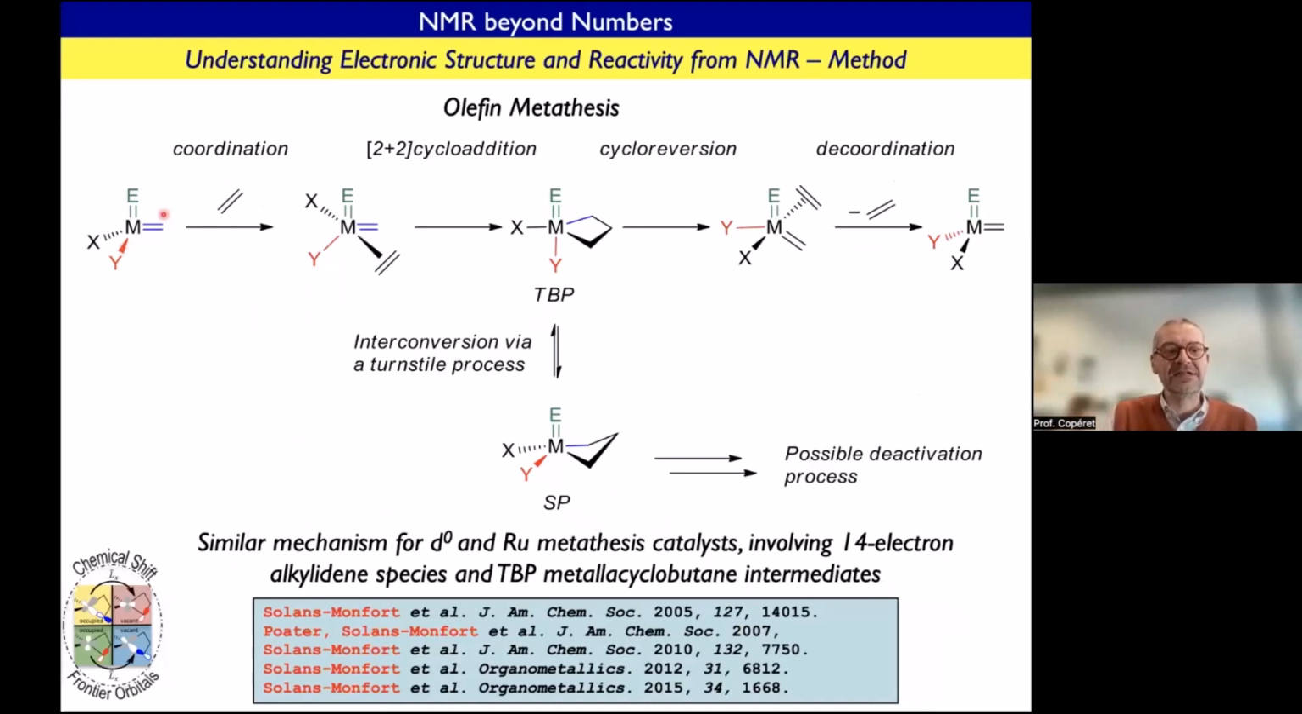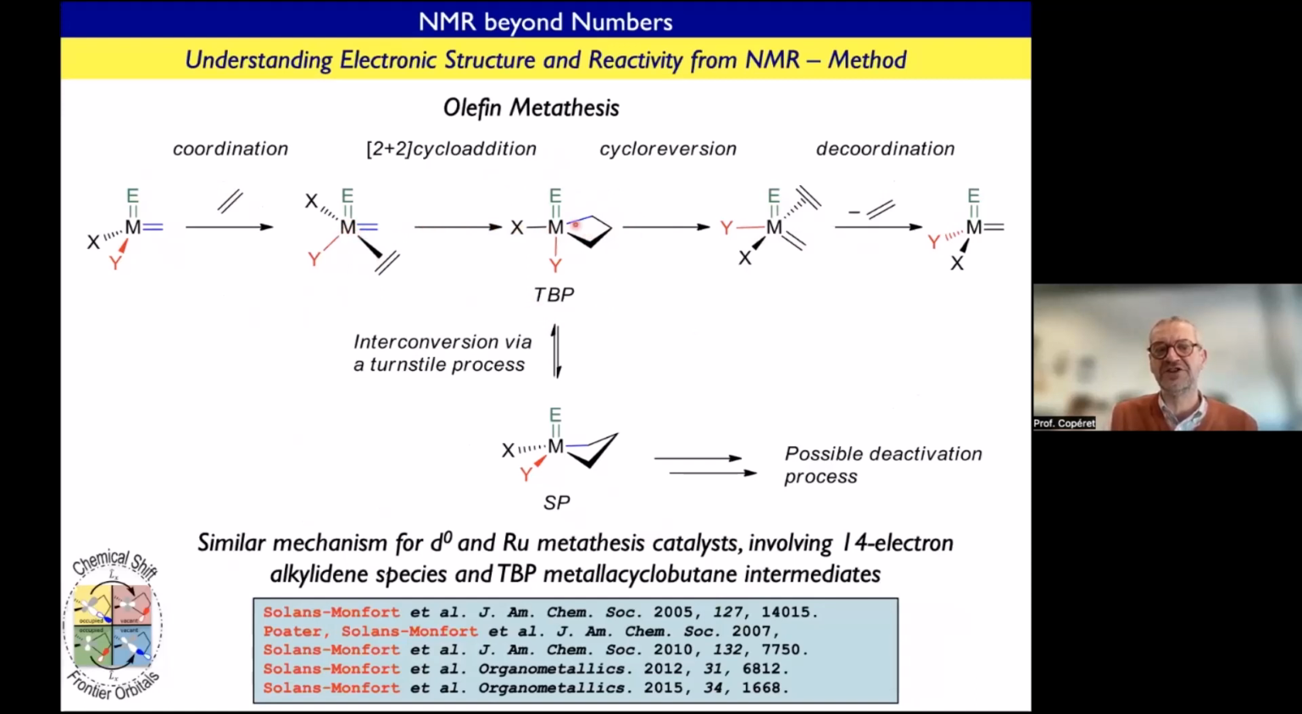And the mechanism is very simple. You take this metal alkylidene, you connect an olefin, you make a so-called metallacyclobutane, and if you continue the reaction and use the reverse way, you will basically exchange one olefin for another olefin. What is very important here is that we have actually found that when you do this reaction,